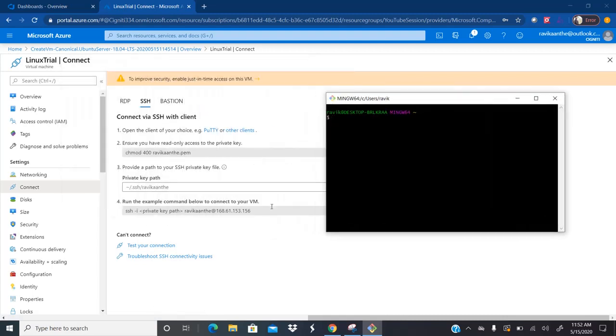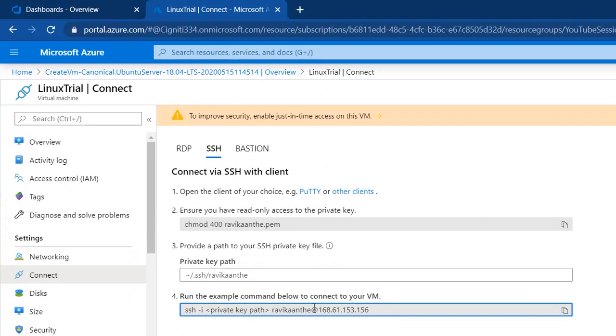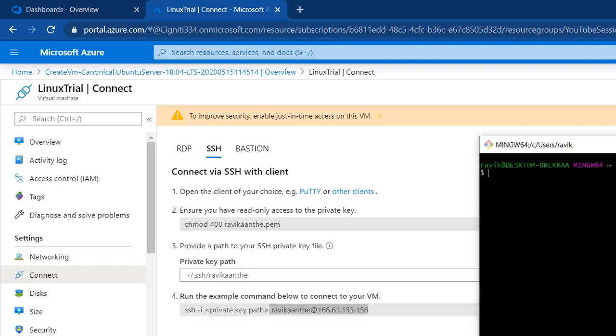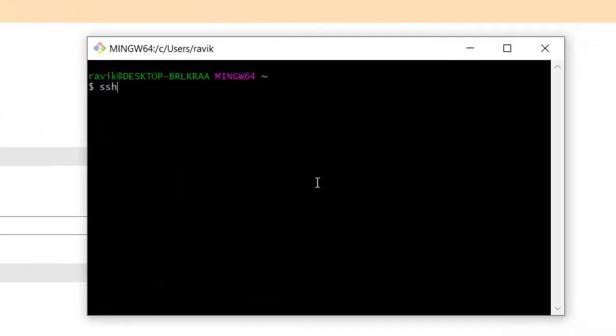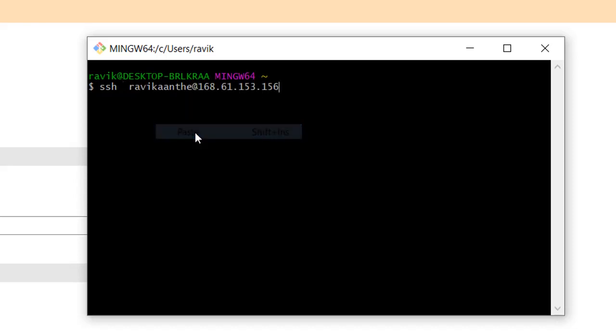To do that, you need to copy this particular command here. This is my virtual machine name and IP. Now you have to execute the SSH command, SSH, and then paste the copied command here.